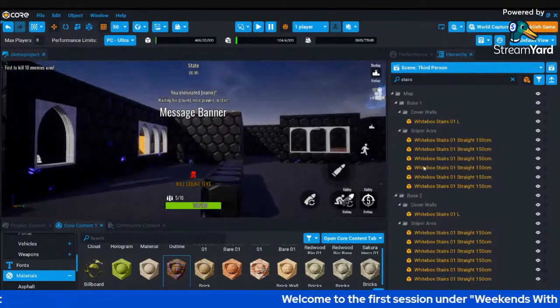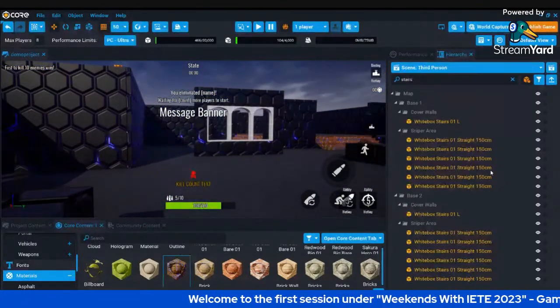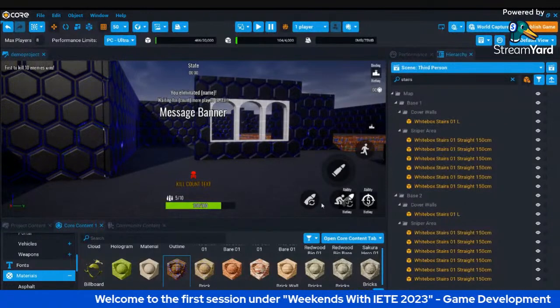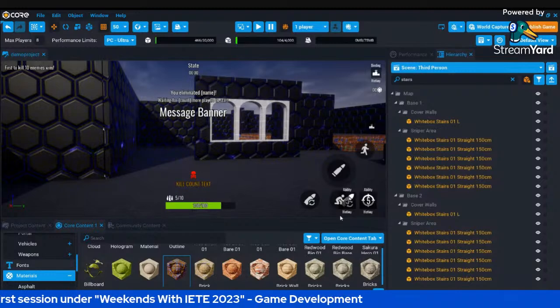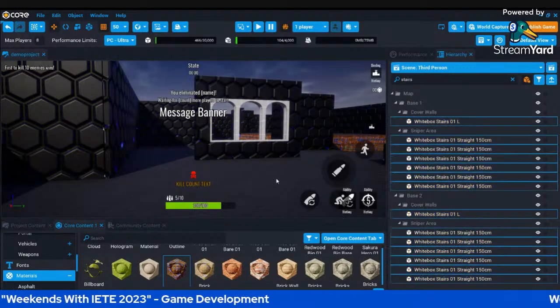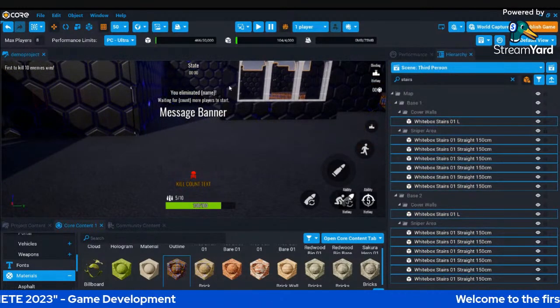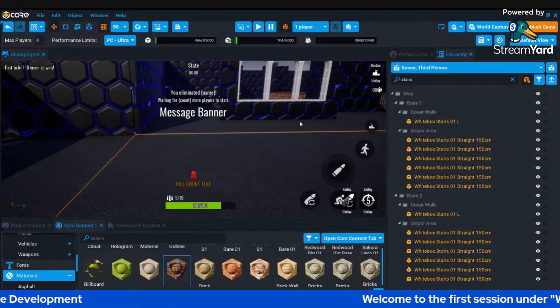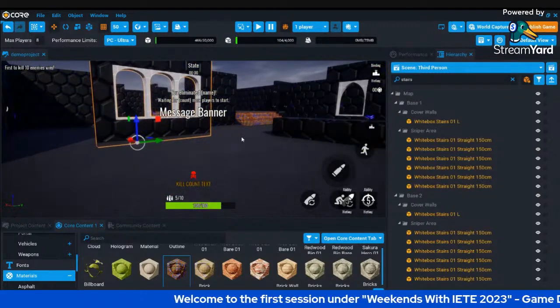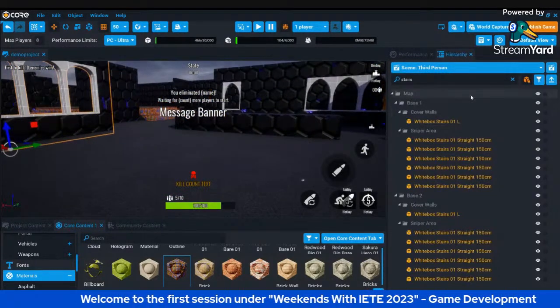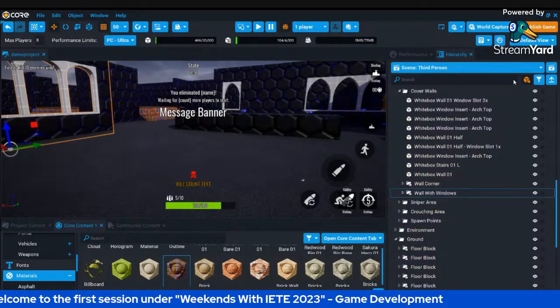You can use your imaginative power and you can bring some more materials. You can import your materials from other directories. Now you can still select it. Now what else do we have? We have windows.